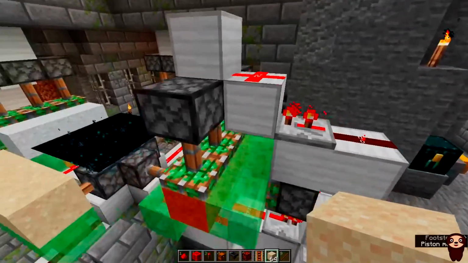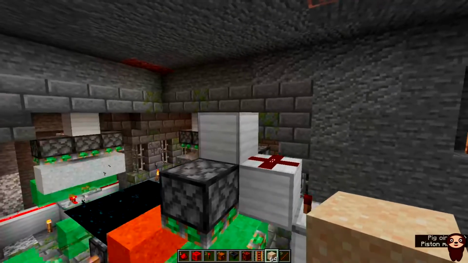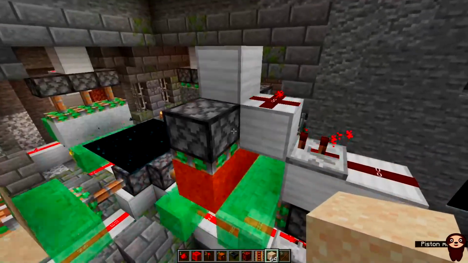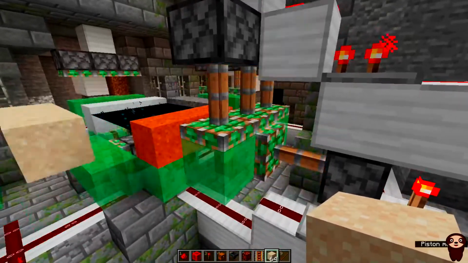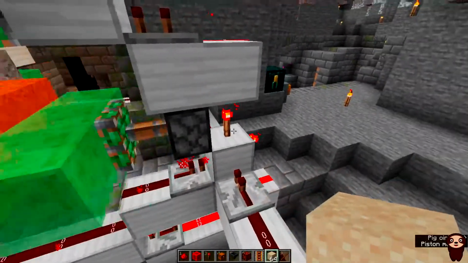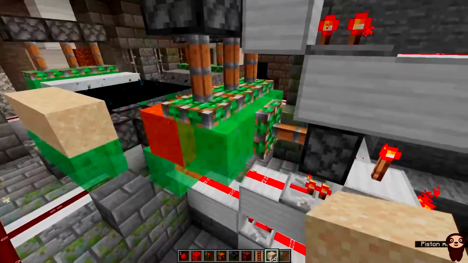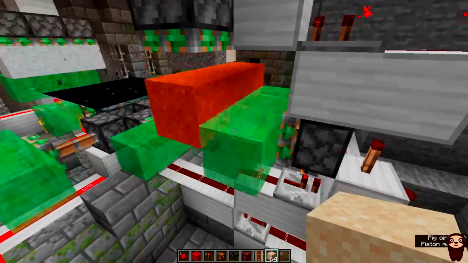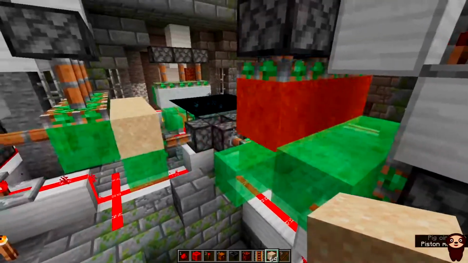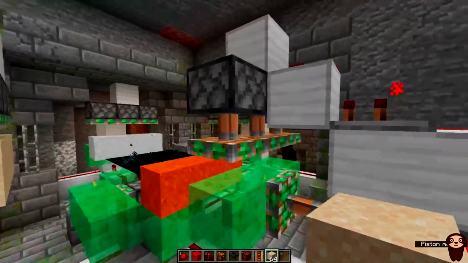If it's the dot, it'll only power the middle piston, but if it's the cross going into this block on top, then all 3 pistons get powered. So these ones pick up the gravity block, then the same signal that goes up the way powers this sticky piston, which has the slime blocks connected, and they bounce the sand as it's falling from the sticky pistons at